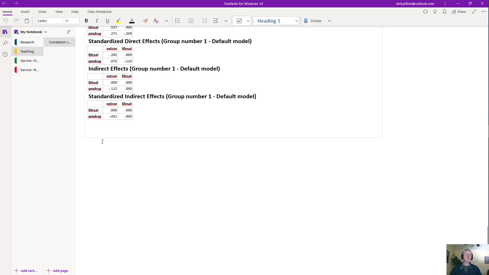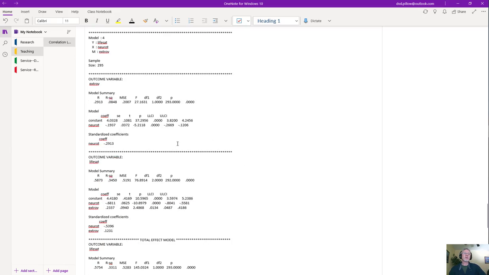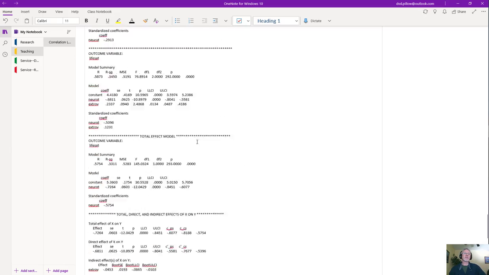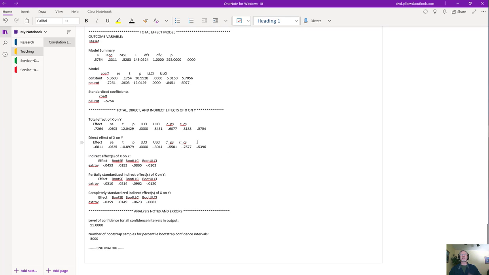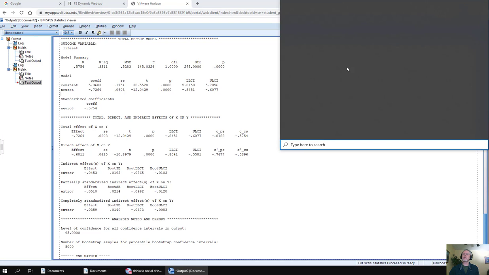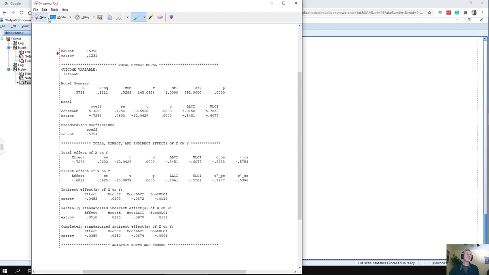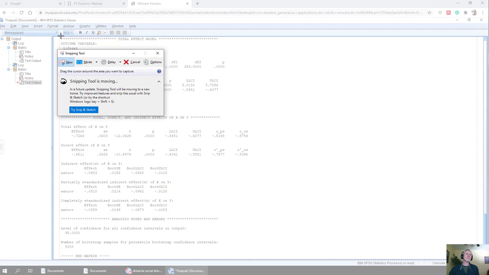Try that again, Control V, there we go. And now it's saved my output. If you want it a little bit neater, you can do it this way, but you have to do it piecemeal, because it's only as much as you can put on your screen. But you can go over and get your snipping tool, say, get a new snip,